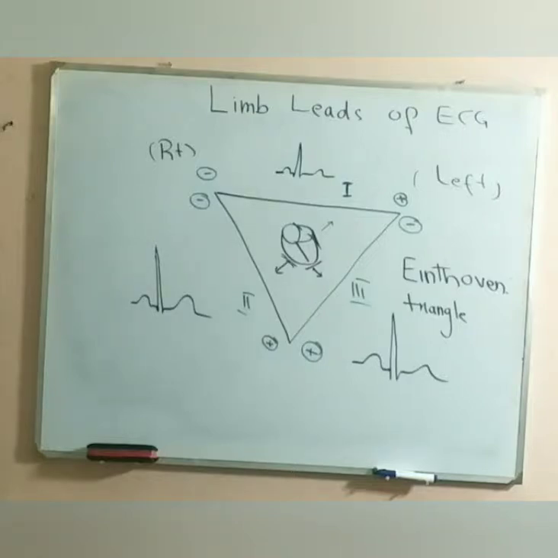So practically speaking, there are 3 limb leads which we place on the body, but along with 1, 2 and 3, which were the initial bipolar limb leads, the scientists devised a way to get some information from lead 1 and some information from lead 3, and they generated another limb lead which covered this part